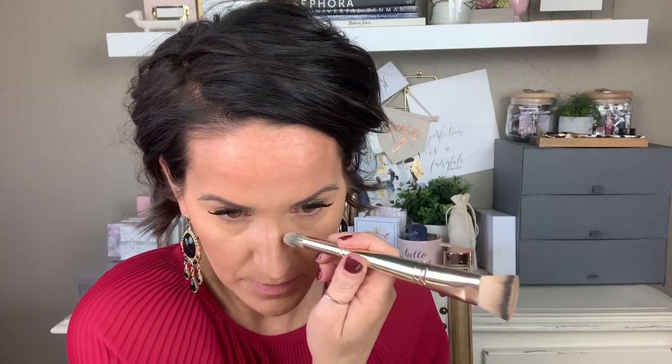Okay, so of course, my blemish is right where I nose contoured. That's okay. I'm gonna just take this small brush and pick up just a tiny bit of Mango, and I'm gonna press it right on that blemish. Okay, and then I'm going to use more Astoria, and I'm gonna kind of blend that nose contour all the way up to my brow. I'm gonna try to do the same thing over here and try not to rub off where my blemish is. Just kind of lightly tap over it. And then the tip of your nose to make that look shorter. And there you go. You got half of a nose contour, and we'll finish up the rest after we accent